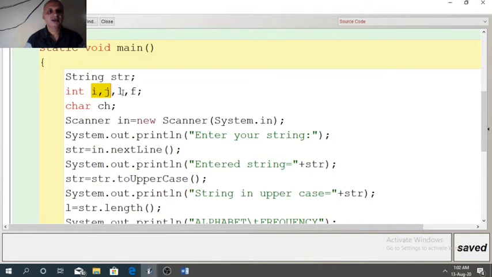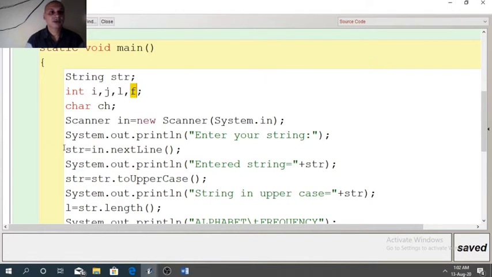L to find the length of the string. F to find frequency of each alphabet present in the string. So F will store frequency of A, and after printing it we don't need the frequency of A again. That is why same variable F will store frequency of next letter. CH will extract each character of the string.